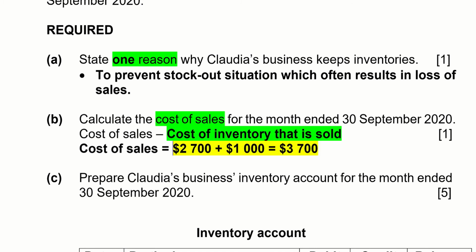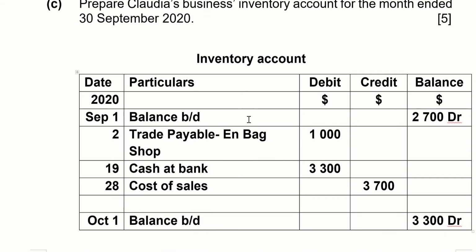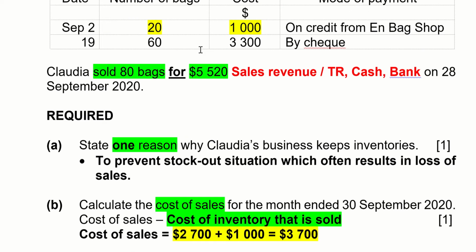All right. So we're going to prepare Claudia's inventory account now. Firstly, we start off with the balance brought down. This 2700, this was the balance at the beginning. Now, what happened here is that